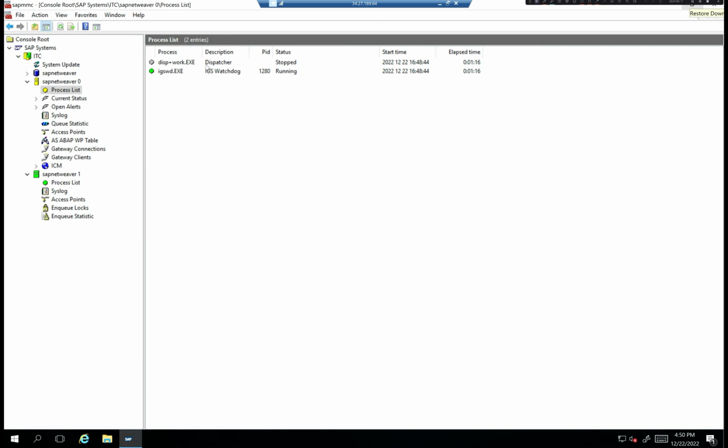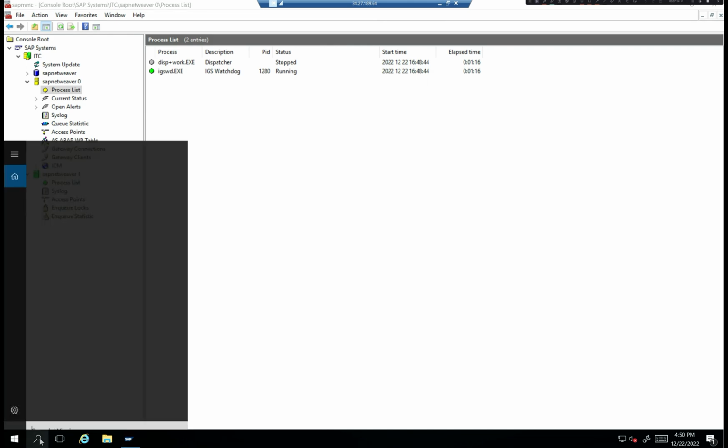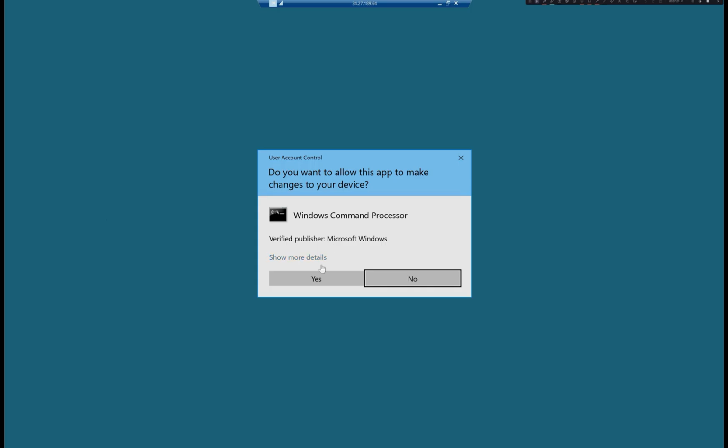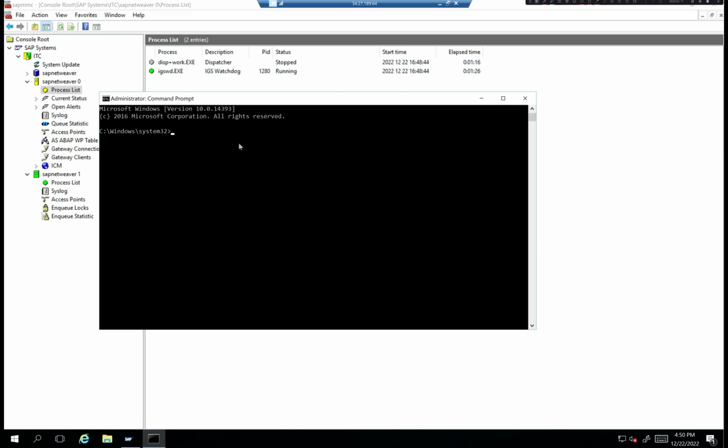So it is stopped, right? So this project is getting stopped. You can stop SAP using the SAP Management Console, or you can use the command line. Go to CMD command prompt, right click and run as administrator. And to start, it is SAP start